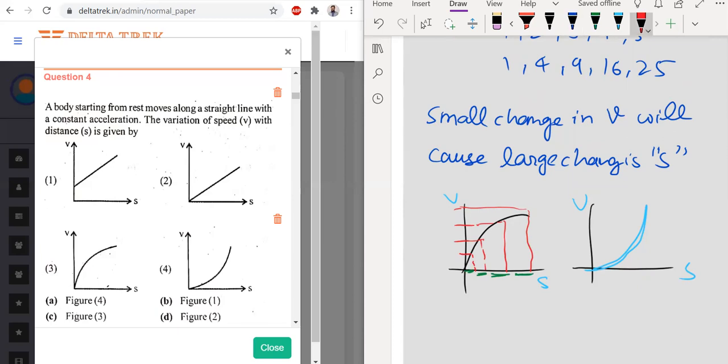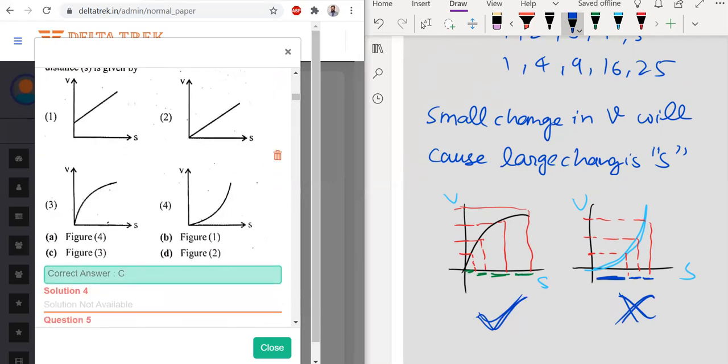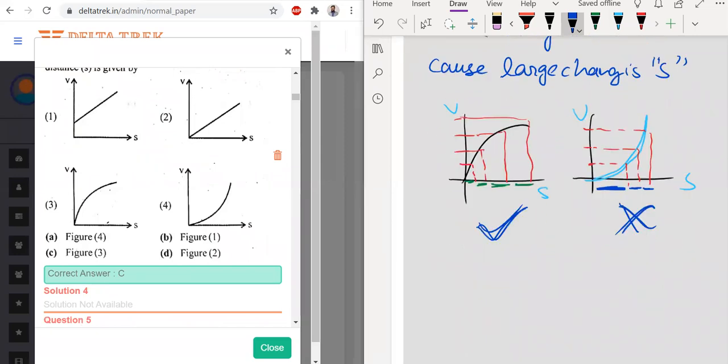यहाँ पर v में आपने इतने का चेंज किया तो देखो s कितना सारा चेंज है ऑलरेडी. क्लियर? फिर v में इतना सेम और चेंज किया तो देखो कम हो रहा है. देख रहे हो ना? सो ये तो बिल्कुल उल्टा हो गया. ये पहले लार्ज है फिर स्मॉल हो रहा है, मतलब ये इनकरेक्ट होगा. विच वन इज करेक्ट? दिस वन इज करेक्ट. दैट मीन्स फिगर 3 is correct. So figure 3 says our option C. So option C is correct.